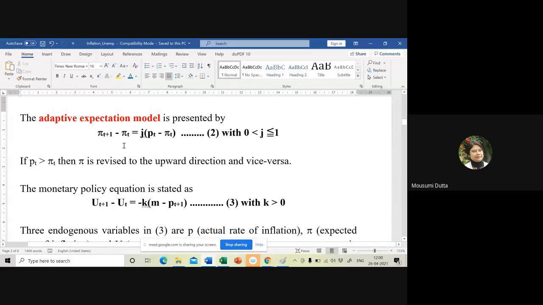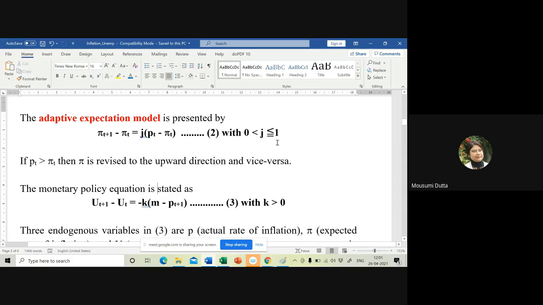So what will be the expectation of the inflation in the next period? That is pi t plus 1 minus pi t. That is, the difference between the expectation of the t plus 1th period and the tth period is a positive function of the actual inflation rate minus the expected inflation rate in the present period. So the additional change we will expect in the t plus 1th period, given by pi t plus 1 minus pi t, is a function of the actual inflation rate and the expected inflation rate in the tth period,